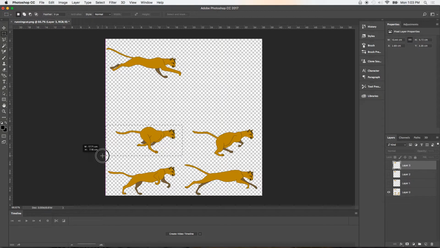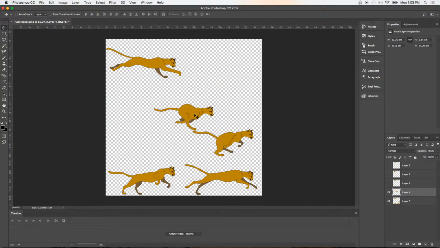Now the reason I'm doing this is, again, forgot to select that layer. The reason I'm doing this is it'll make your life a lot easier when you go to animate your sprite sheets later on, and I'll show you that in a sec. Move to the top, hide, bottom,